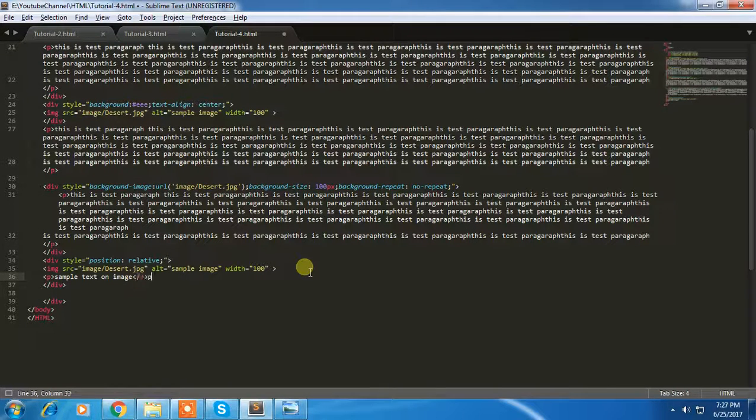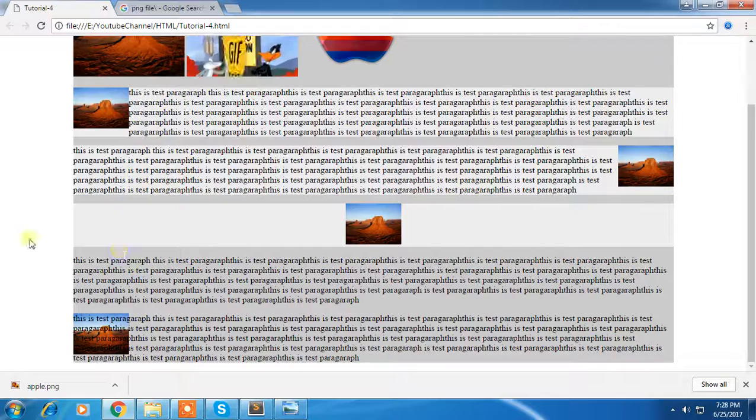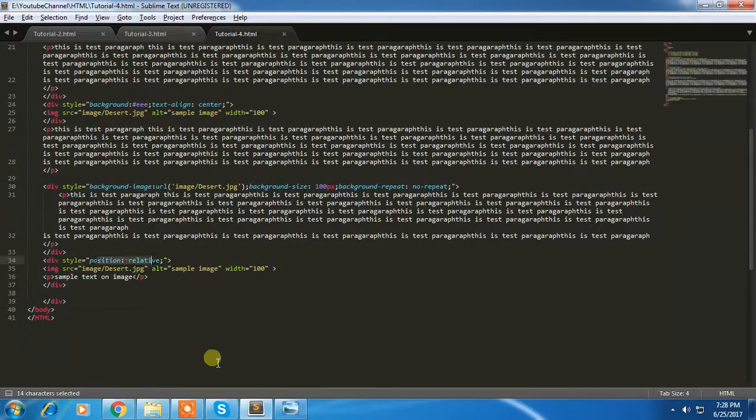Close the paragraph tag, and set this as absolute. It's considered as one block, and we set the absolute style for the